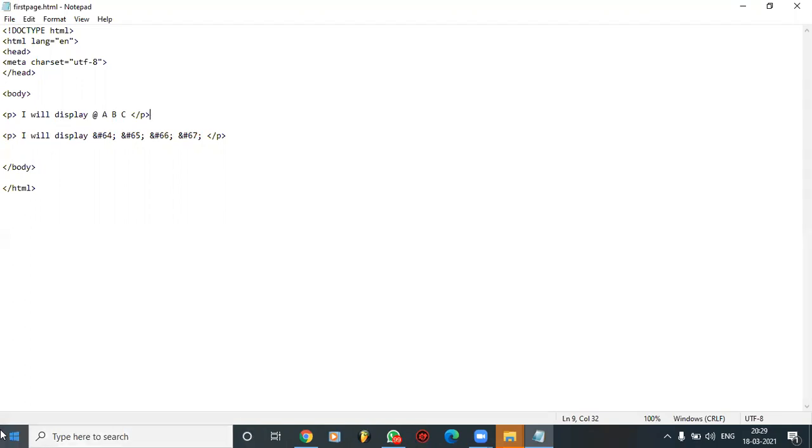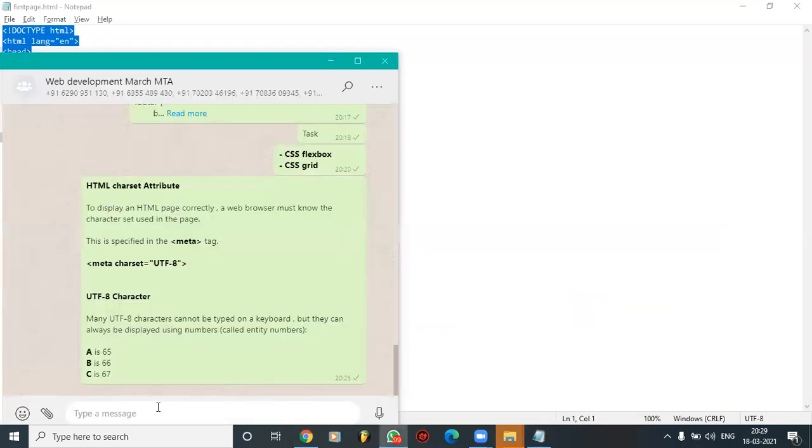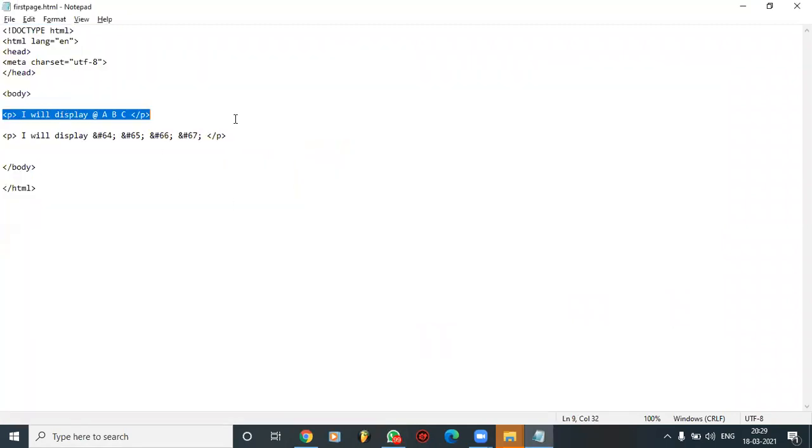Let me tell you the values of emojis, so that you guys can go for it. For emojis, there are a few numbers, a set of numbers that you can use. So just hold on a second, guys. So my first emoji